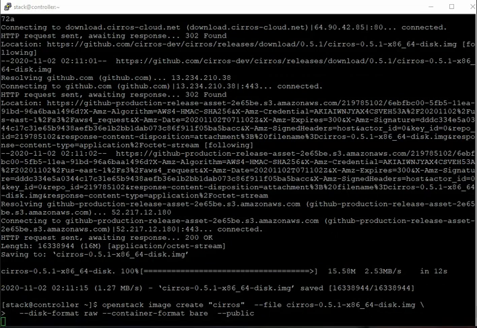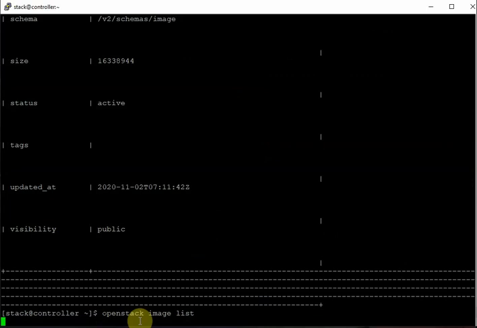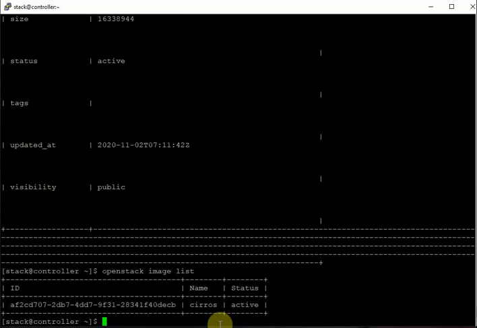And then once it is confirmed, we can check the image list by using the image list command. So image created, let's verify the image list. If we can see the image, that means our OpenStack glance part is done.